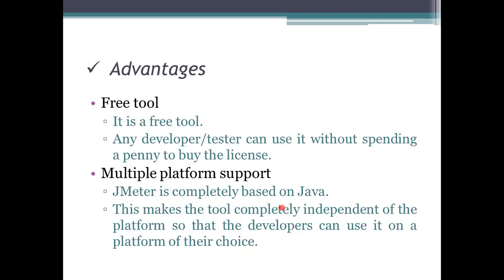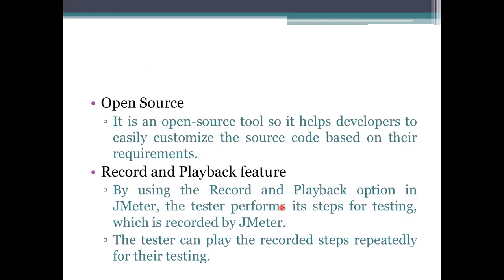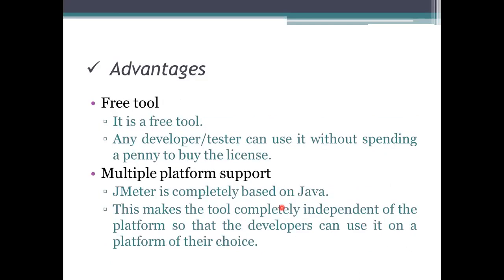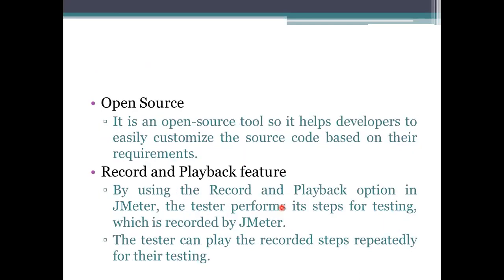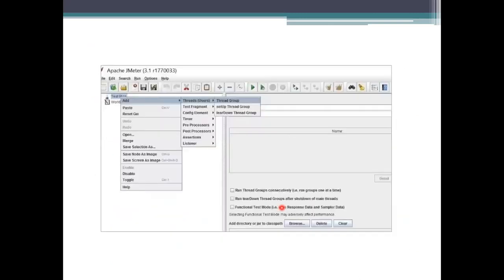Okay. And coming to the next one, which is open source, that is the best example. If it is a free tool, you consider it open source also, one main advantage here. It allows you to customize the source code, and you can write your code based on your requirements. For example, this is the basic representation here. You have some features, and you want to add a feature to that one. So it allows you to make changes to this page it is providing.